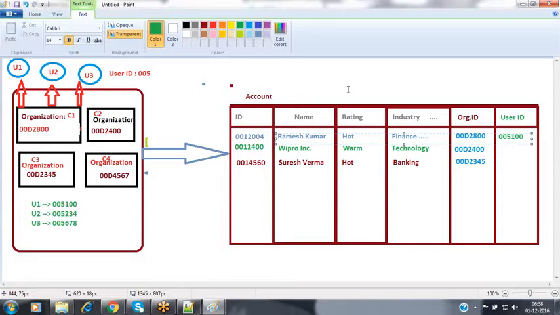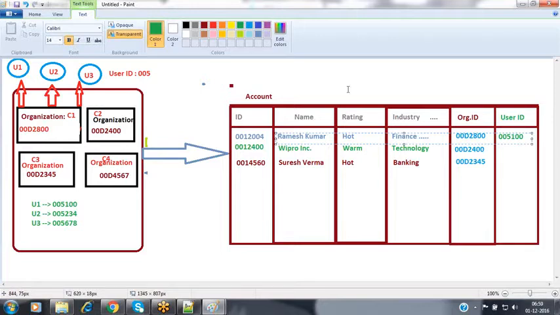Then what can we do? What needs to be done here? At that time, I want to delegate this responsibility of converting this lead into a customer to one of my colleagues, that is user 2. Then how can we make this record visible to user 2? I don't want to completely transfer my ownership to user 2. I'm just giving the responsibility. Whenever I'm on vacation, please contact this person. Now the person is ready to buy the product.